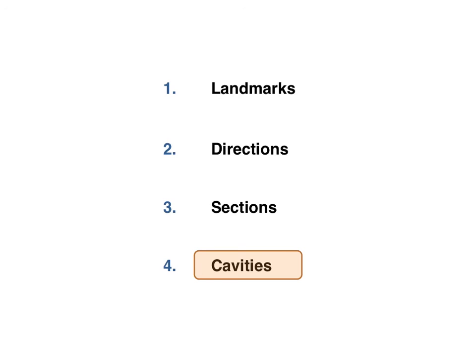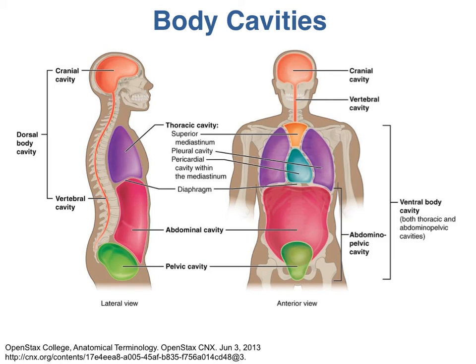Okay, deep breath. One more section to go through, and that's talking about the body cavities. The organs in your head and trunk are located within hollow spaces in your body cavities. You have two main divisions of the body cavities. You have the dorsal body cavity, which includes your cranial cavity and your vertebral canal. The cranial cavity houses your brain, and the vertebral canal houses your spinal cord and runs through the vertebrae.